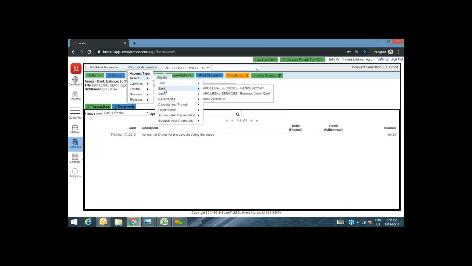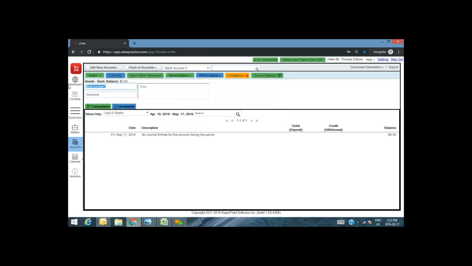For example, if you do have a HST account, you can just rename the bank account 3 and just call it a HST account if you like, because some firms may actually have a separate HST account where they transfer over all the HST that they received so that they basically use that to pay off their HST as well, if you like. Okay, so that's the trust bank. And of course, you have your cash account with your owner's pocket. This is an important account that we use every time you utilize any of your own money on behalf of